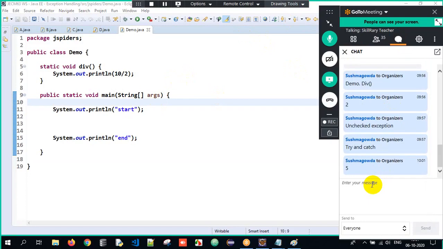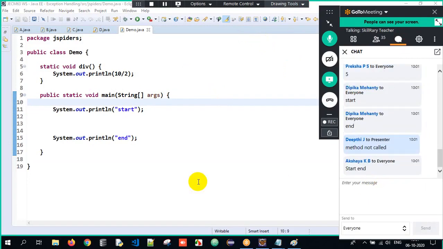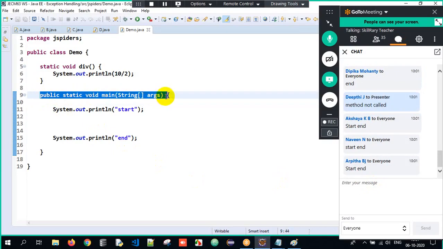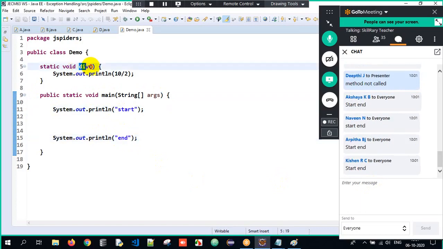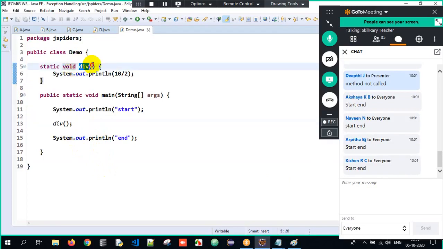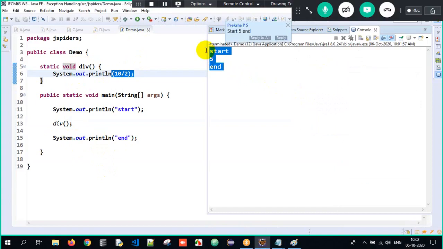It's simple: you have not called the method, sir. So your output will only be start and end here. Correct? Common sense. I have my main method over here, and execution starts from the main method. Start will get executed, end will get executed. Where did I call the method here? I haven't invoked the method yet. If it is a static method, we can call it directly within the same class. So what will be the output? Start, you call the div method, the div method gets called, 10 divided by 2 is 5, control comes back, end. So when I execute my program, I'll get start, 5, end in a beautiful manner here.